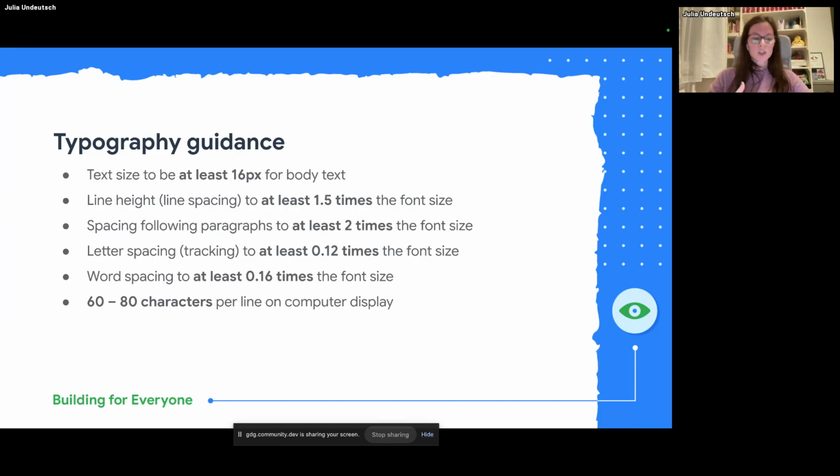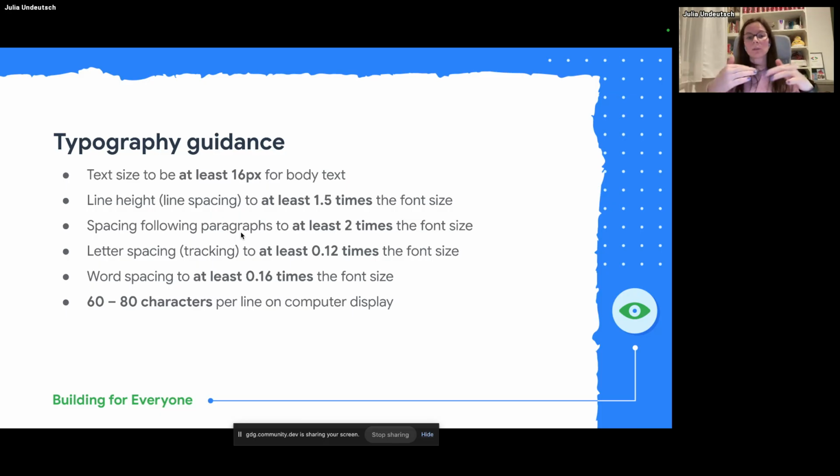And in addition to the font itself, there are also a few other things we have to keep in mind when we work with these fonts. So when you have text, to make it accessible, the text should be at least 16 pixels for the body text, and the line height, also called line spacing, is at least 1.5 times the font size.